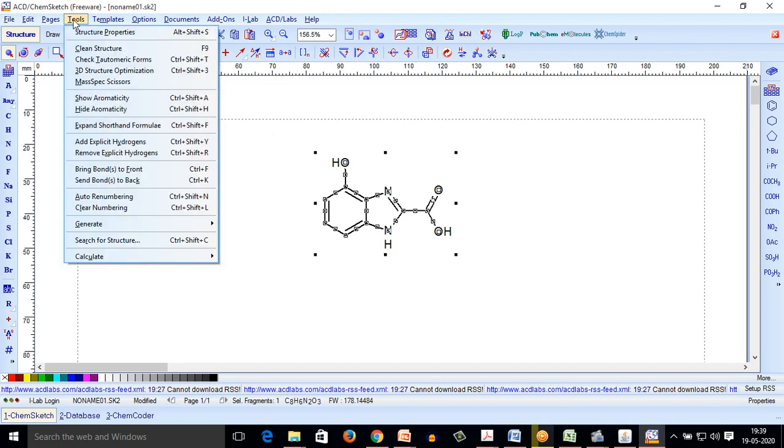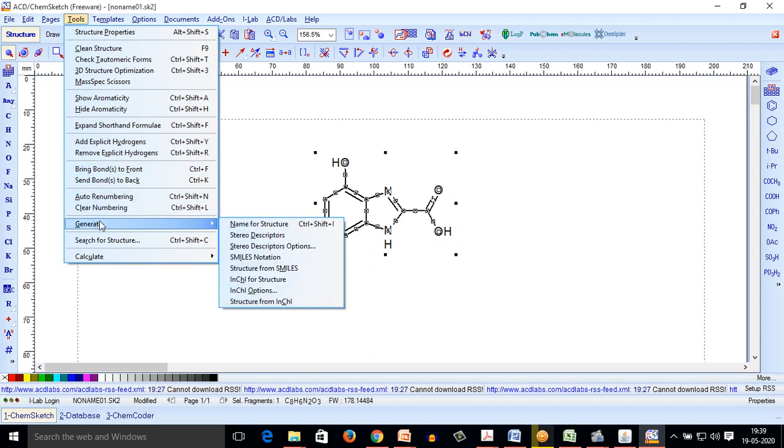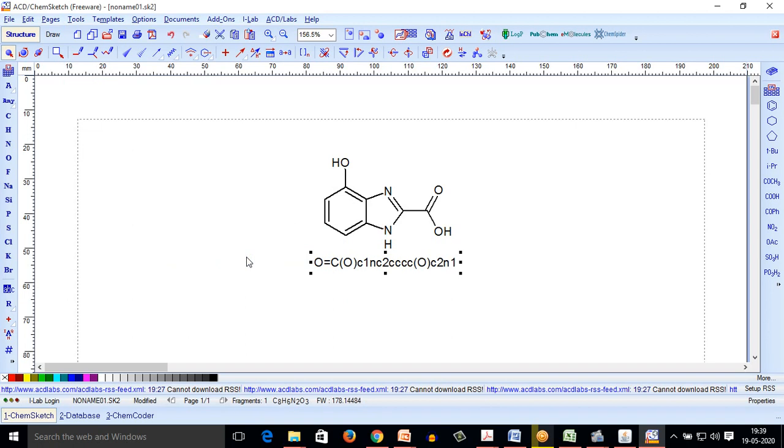I will again select the molecule, go to the tools section, then generate, and there the fourth tab, that is SMILES notation, I will use that tab. Now you can see that this is the SMILES notation of this structure.